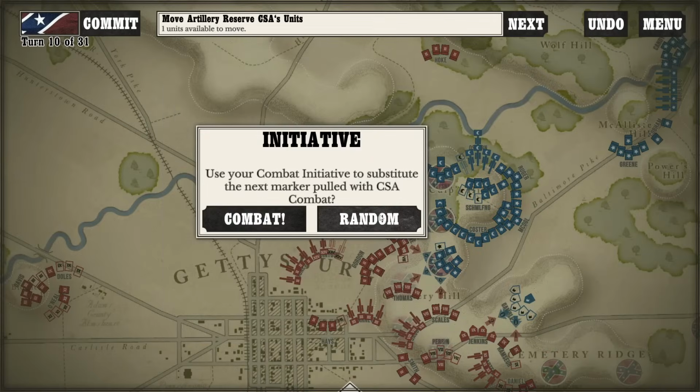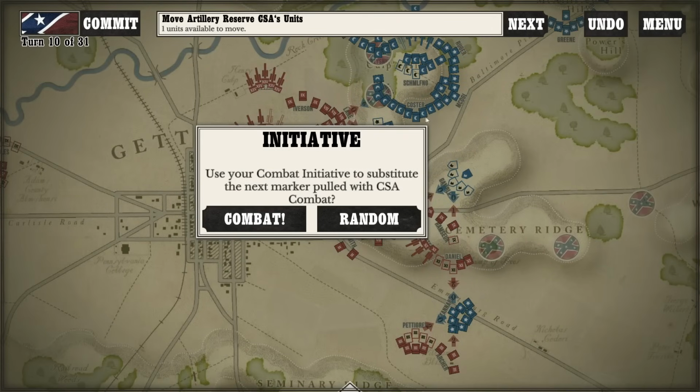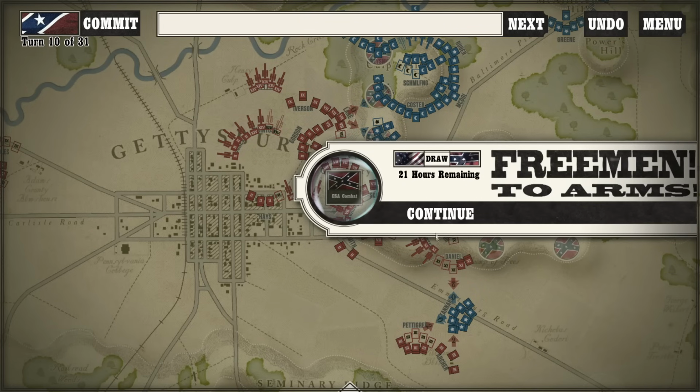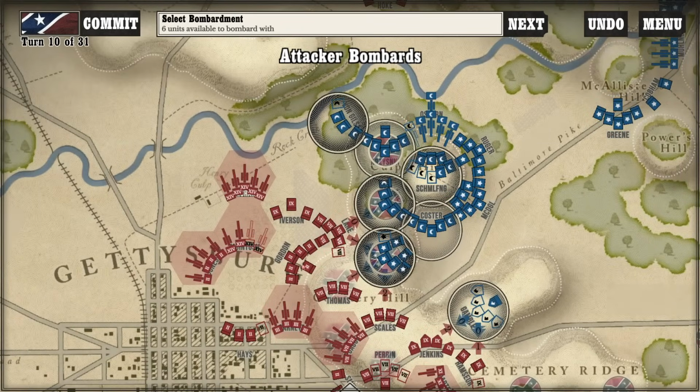Okay. We also have the initiative. Do we want to use it now? I would say yes. Let's have combat happen now so we can try and destroy Stannard and badly damage the Iron Brigade. Meanwhile, artillery...